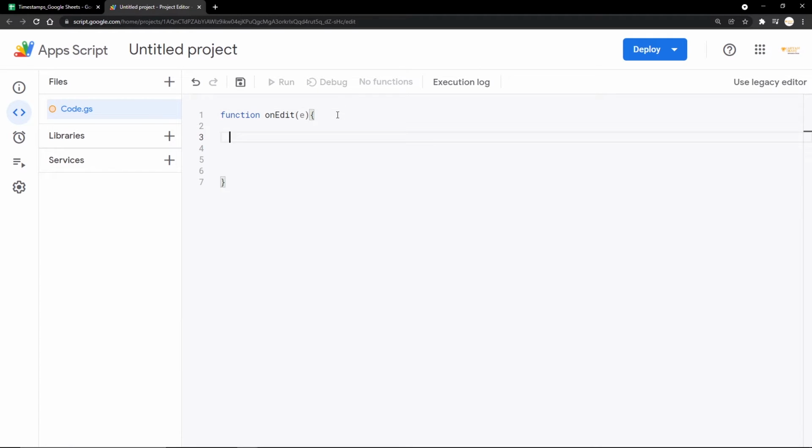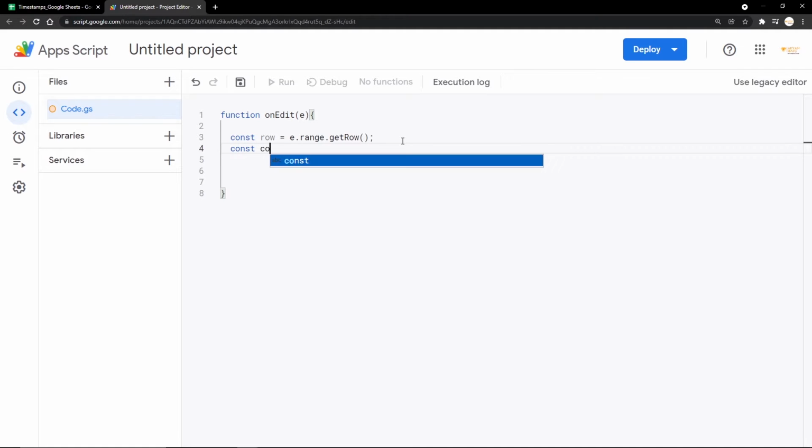So the first thing that I'm going to be doing is creating a new variable called const row, and I'm going to be doing e.range.getRow. This value will be getting the exact row where the change or the action is taking place in the Google Sheet. I'm going to be doing the same for the column: e.range.getColumn.